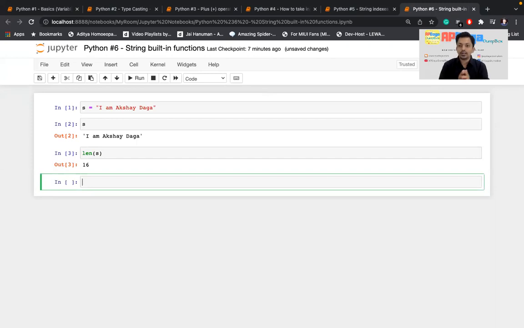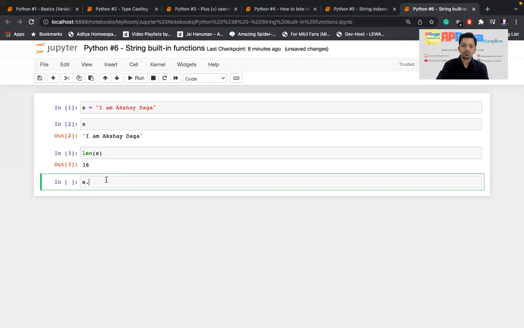Now it is exactly opposite. You know which character is present over there, and you want to get the index of that character. So for that, s dot, if you click on tab, you will get a list of all the available functions on that variable.